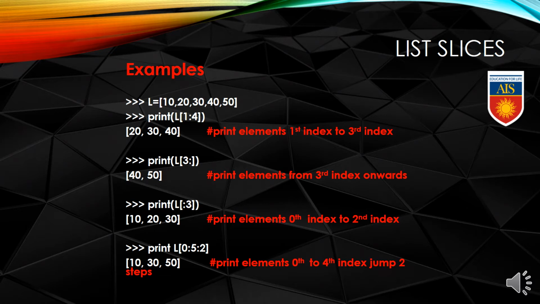And then after the second index, when it tries to print the fourth index, if we consider our list and check what is there in the fourth index, again it will match because 50 is there in the fourth index. So this way the user can apply any kind of step value or jump value with the starting and ending position of the index.